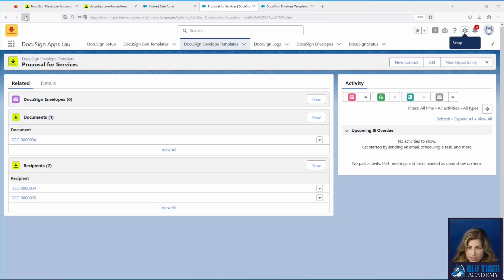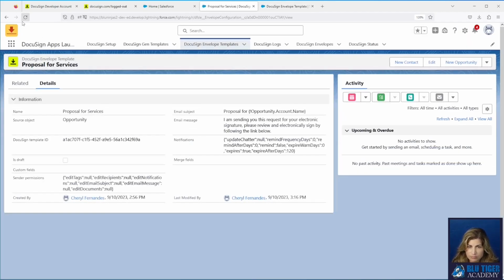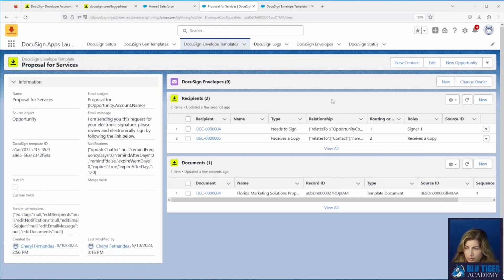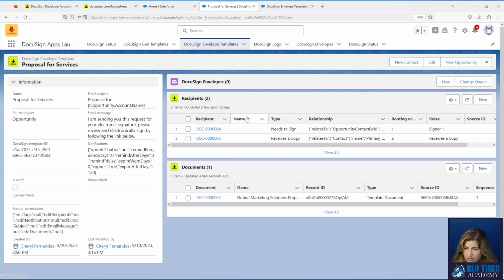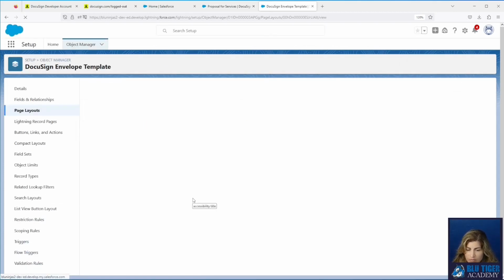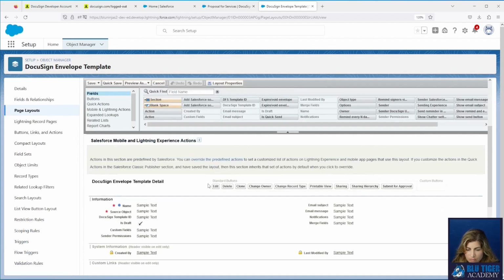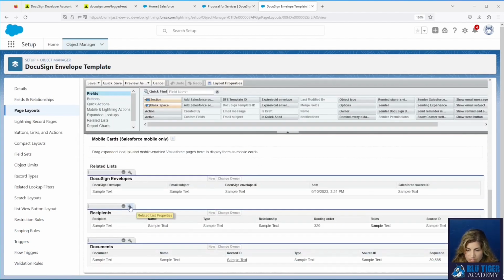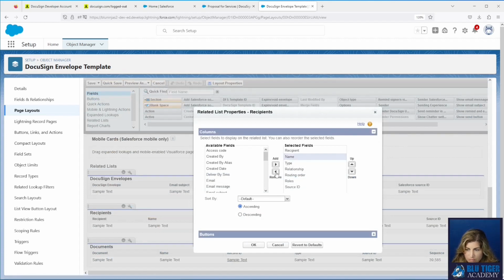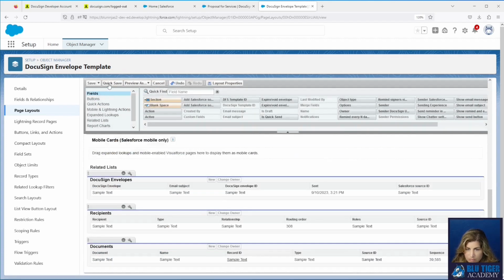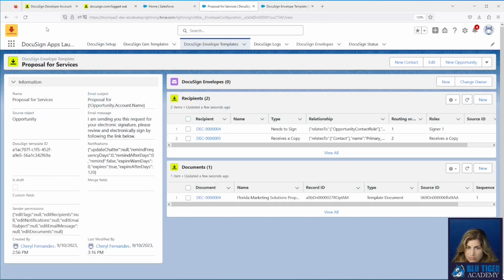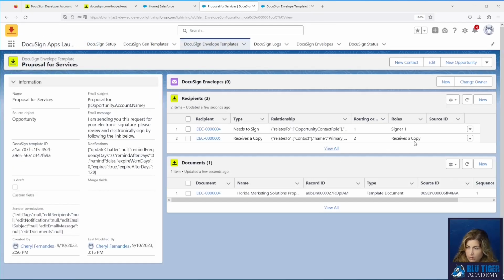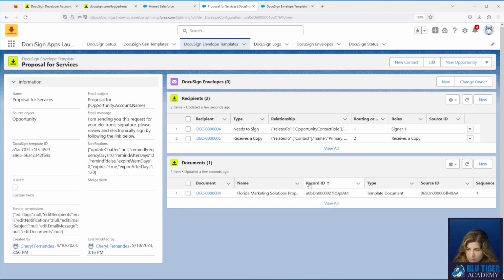Now let's come back here and let's refresh. There we go. Okay, so you can see why we wanted to see some additional stuff here, right? So we can see there's nothing in the name. Let's remove that off. Okay, so we can see our different roles. We can see the document.